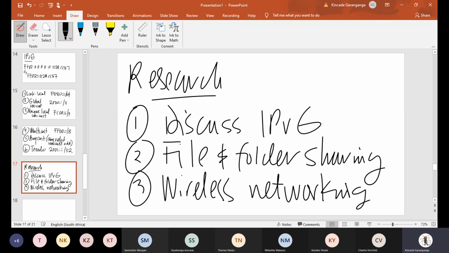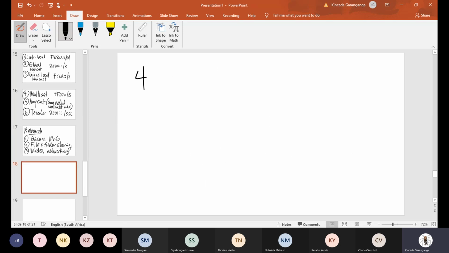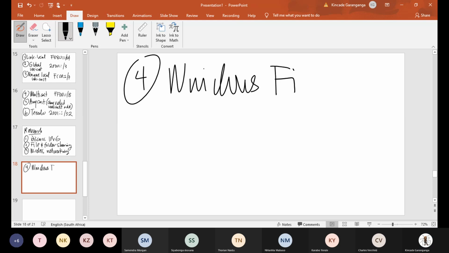I think the other thing that you'd also want to look at is the Windows firewall, from a security point of view, and then that should be it as far as content is concerned. So look through that, just for added